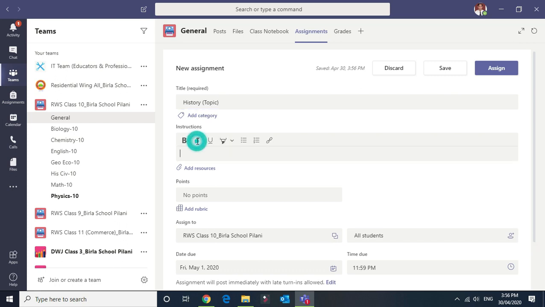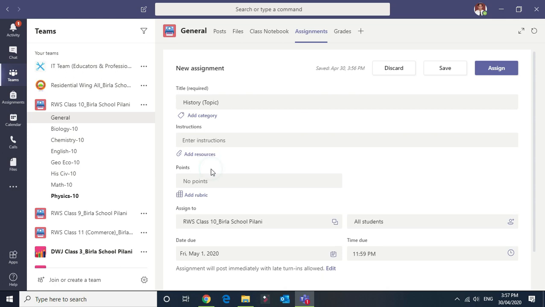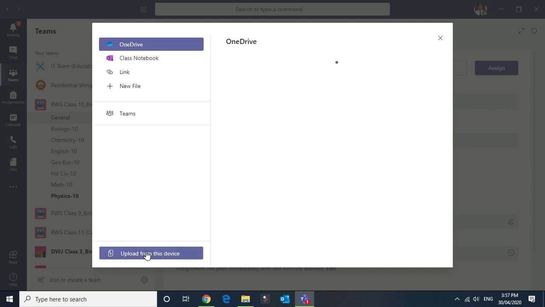Now any instruction given by you can be typed here in text format, like general instructions before starting the examination, in theory which type of question is compulsory, which is necessary and how it is to be performed by the student. After the instruction part, it is necessary to click on the add resource button. When the teacher clicks on the add resource button, it will ask for the respective file, which type of file you want to send to the student as